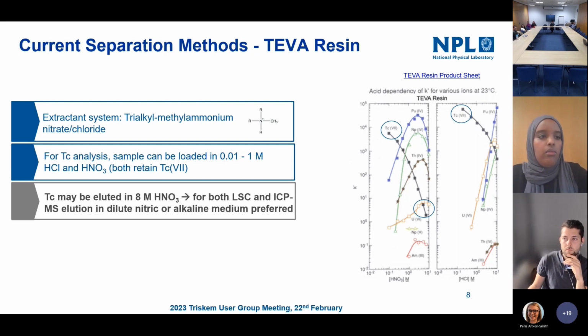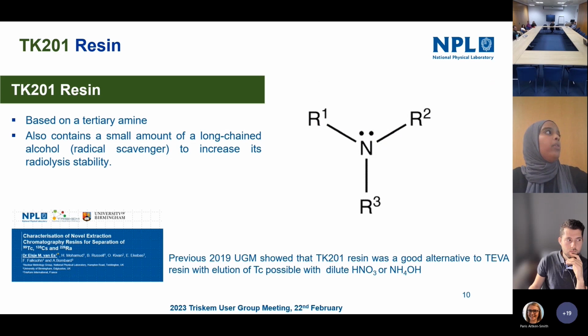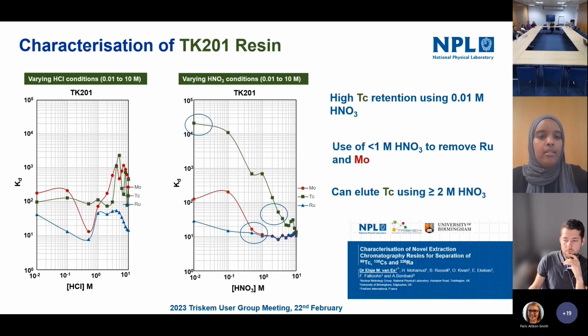So this is shown here and was shown by the group in the user group meeting a couple of years ago, where we characterised some of the newer resins that Triskem have, so TK201, which is based on this tertiary amine extractant. And we were able to demonstrate that if you're looking for softer elution conditions, TK201 was a good candidate for this. So I think hopefully this is quite familiar to all of you,